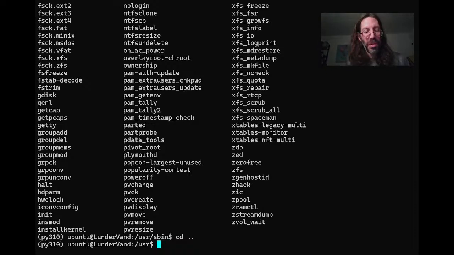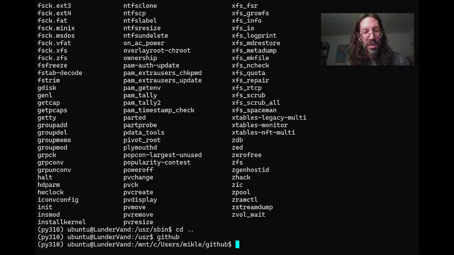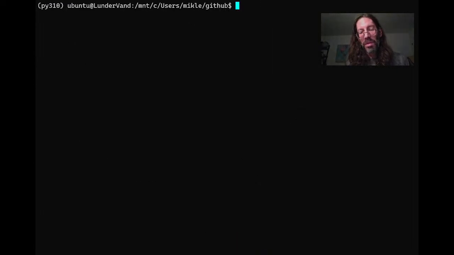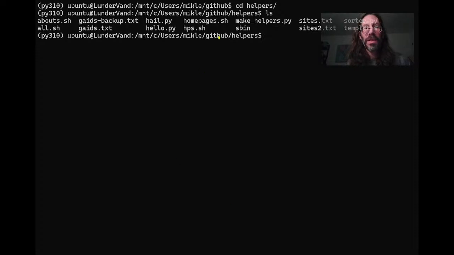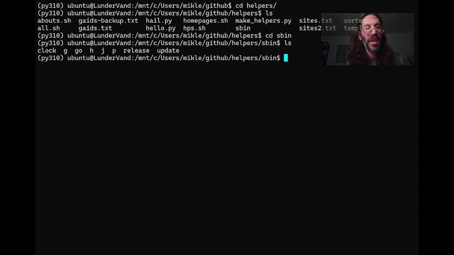Let me just go back to GitHub. Clear. CD helpers, ls. And this is where I back up my stuff here. And then I move stuff from in here to the sbin that's local, that you can just drop files into. CD sbin from helpers. And you can see I just keep a bunch of little files that I use for various reasons that I would execute, and these are just bash files and stuff that an old release system,